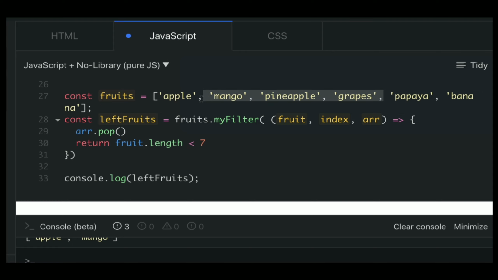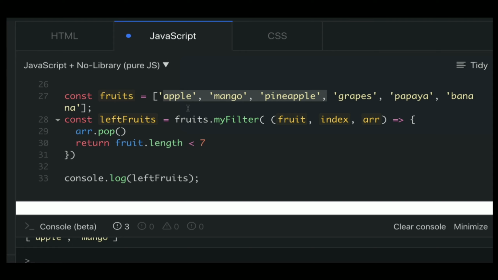So our array will look like this, with only these many fruits. And then we have a third iteration where we have pineapple. At that time the last element will be grapes, and it will remove grapes, and the only fruits left in the array are these three.